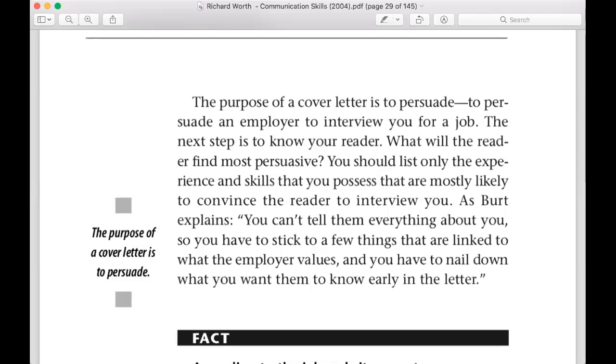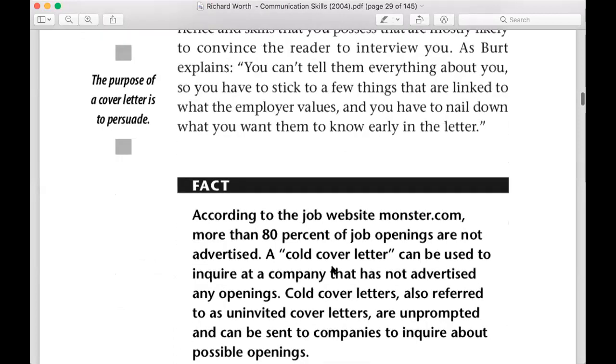But today we are going to practice a cover letter that is written after seeing an advertisement, where we know what kind of a vacancy is being advertised. Okay, so